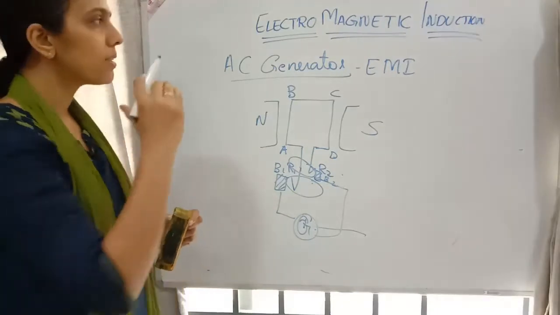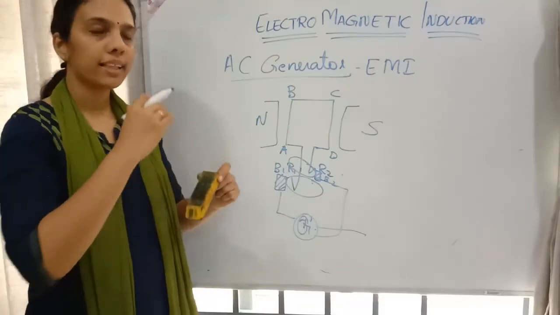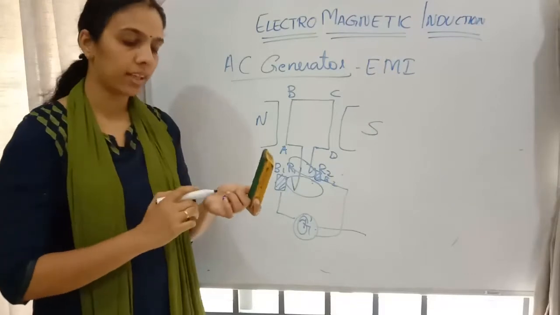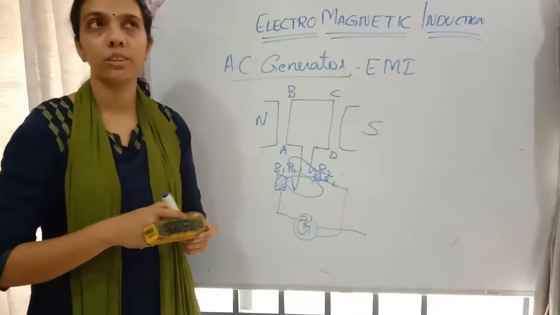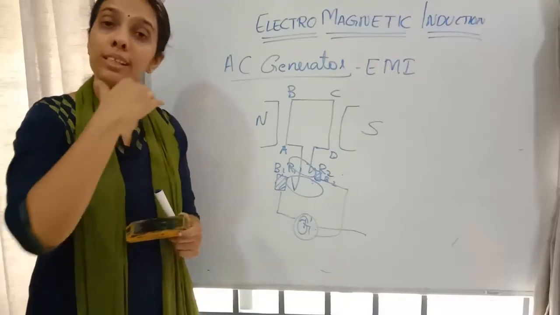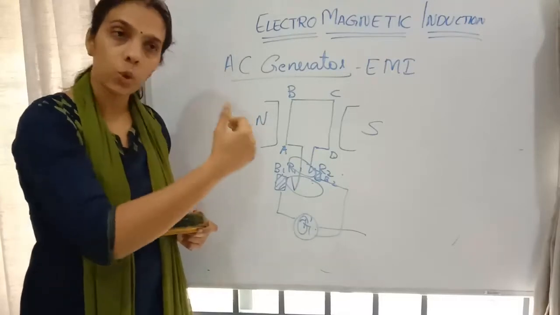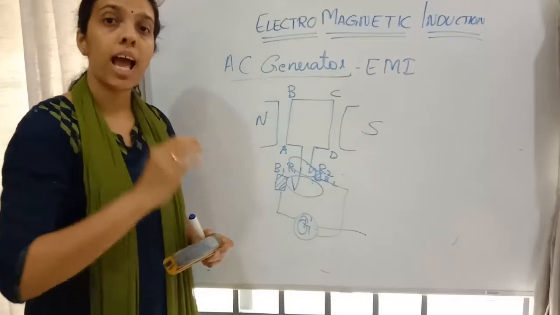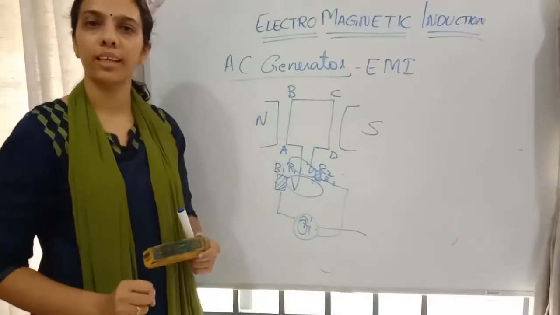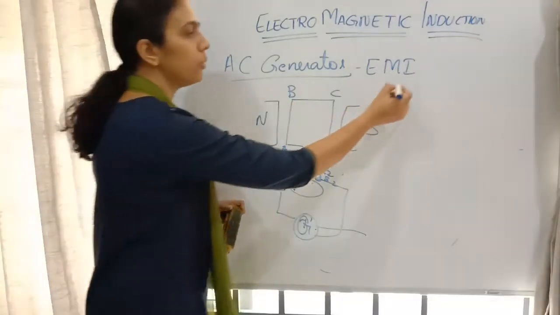And how can we find out the working behind it? So this rectangular coil, we are making it rotate in presence of a magnetic field. When the rectangular coil is rotating in presence of a magnetic field, an EMF is induced over there, or a current is induced there. How can we find out the value of current? That one we are going to do now.